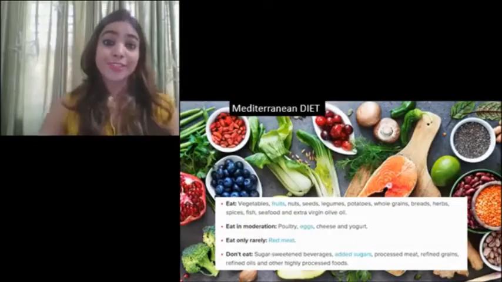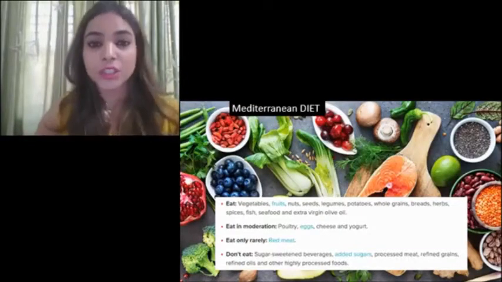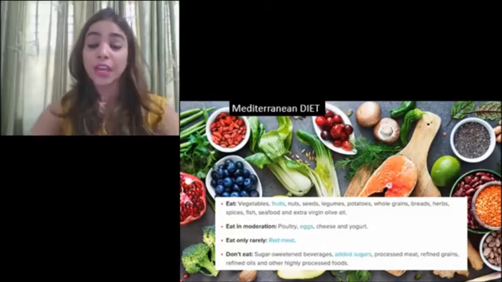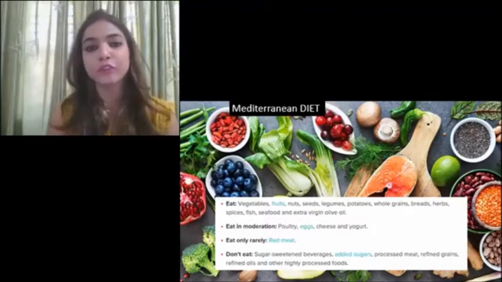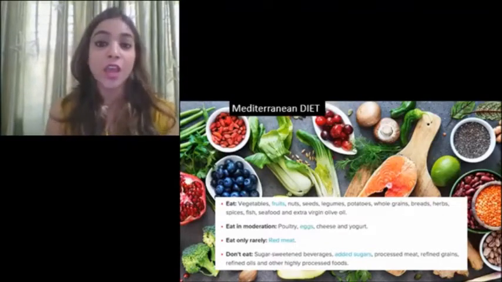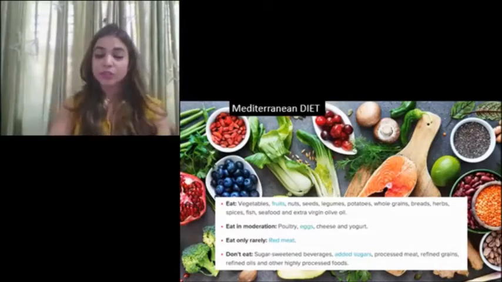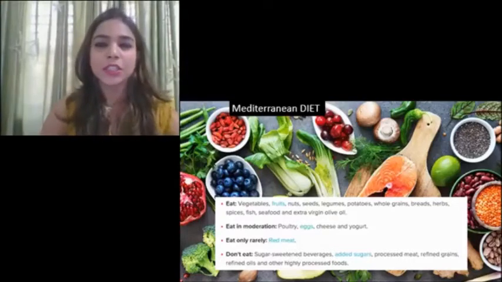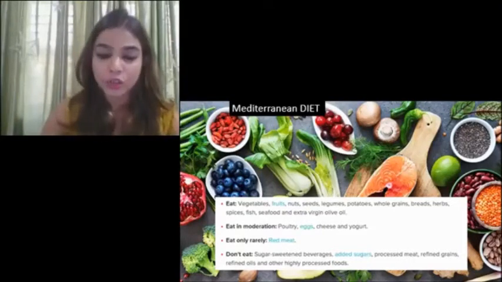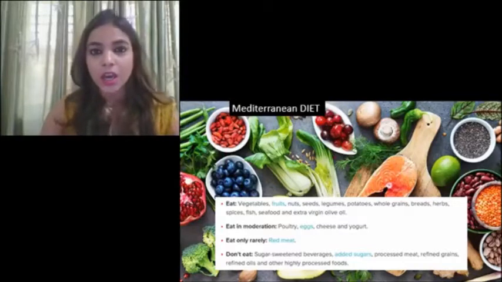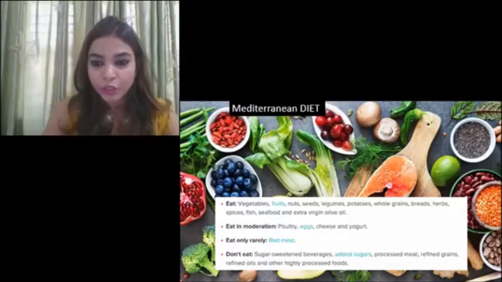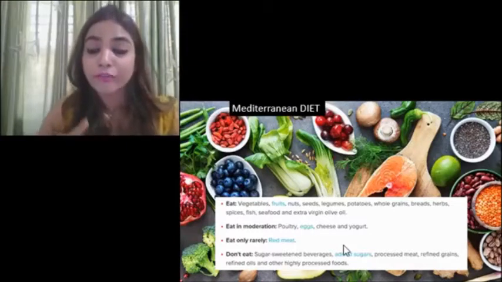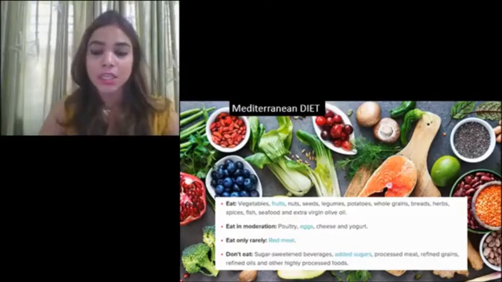Now coming to diet. What is good in diet? What prevents aging? There is no magical formula, but your diet should contain a lot of antioxidants. The best diet studied so far for anti-aging is the Mediterranean diet. So what is the Mediterranean diet? It is a diet very rich in antioxidants and linoleic acid, lower in meat and fewer eggs. So what can you eat? You can have a lot of vegetables, a lot of colored fruits, nuts, and seeds.